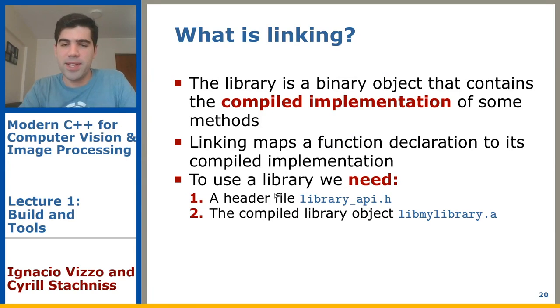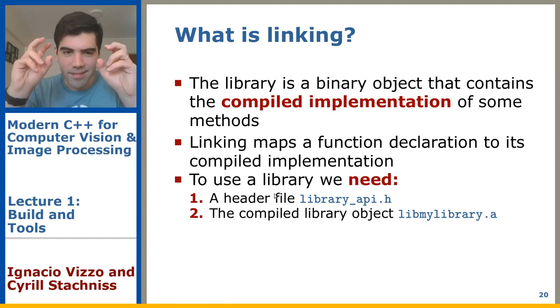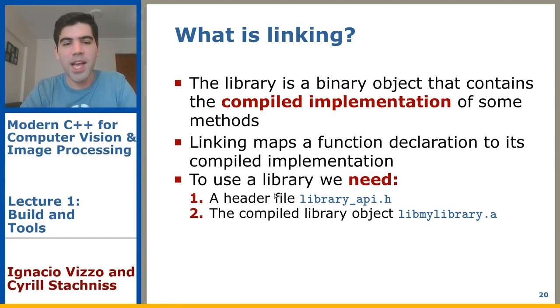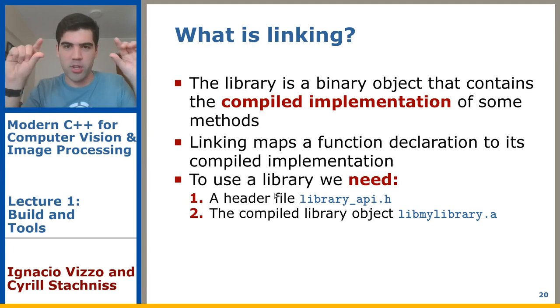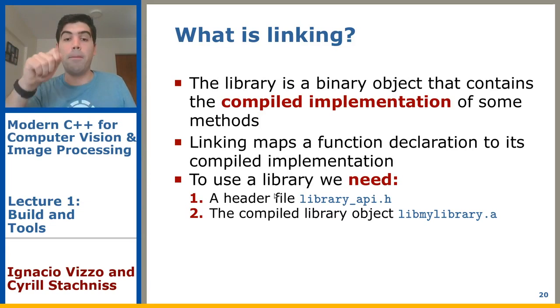So the library is a binary object that contains the compiled implementation of some methods. In our case it was some func, the function, and the linking process will map a function declaration, which is basically the prototype with the semicolon, to its compiled implementation. Basically, to use a library, you need 2 files. The header files, where you have all the function prototypes and the interfaces, that is these promises, and